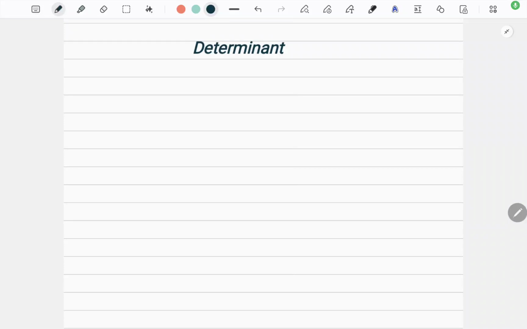Hello students, in my last video I told you the basic definition of matrix and a few important concepts related to matrix. Now in this video we will do the questions based on determinant. What I have explained is, if A is a matrix, then the determinant of A, which is represented like this, is evaluated. It's a number, it's a calculation.